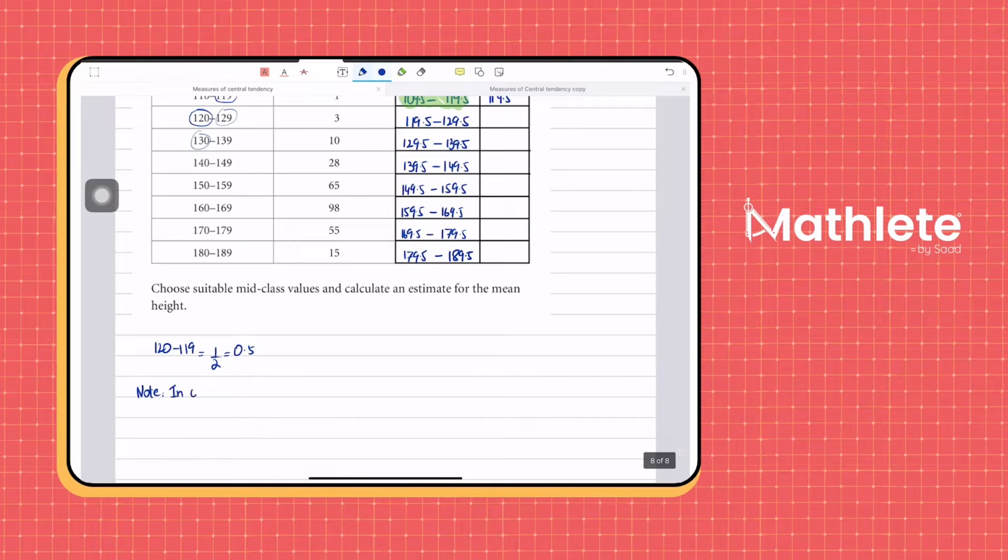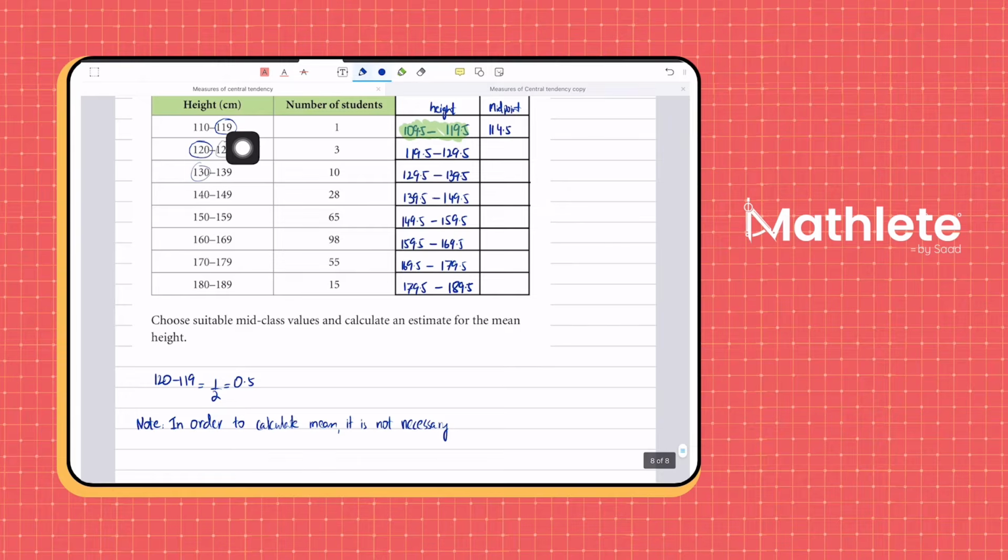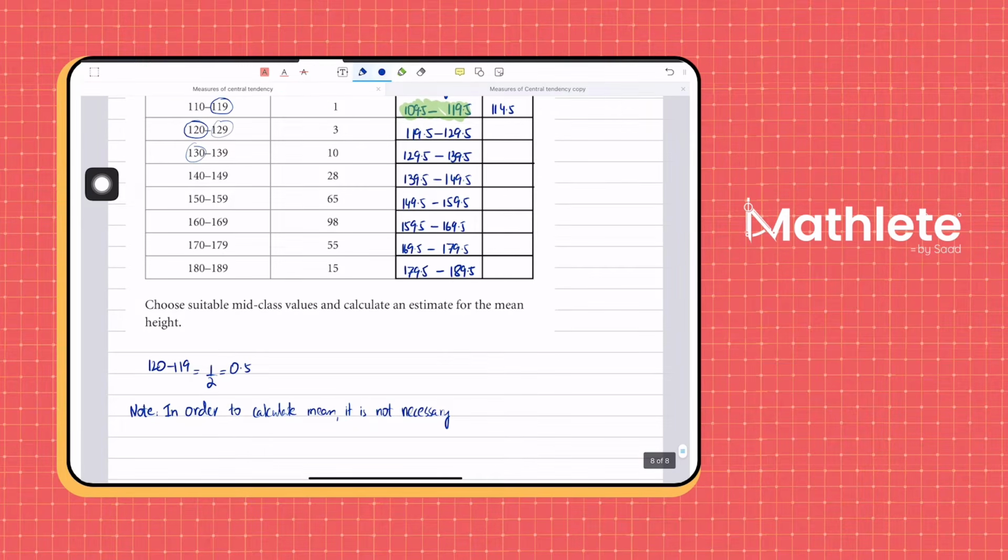In order to calculate mean, it is not necessary. Now, we don't always add 0.5. Remember, I said we first look at the difference between where the upper class boundary, where one class ends and the other starts. We take that difference, we divide by 2, and then we add and subtract that. Okay. In order to calculate mean, it is not necessary to turn